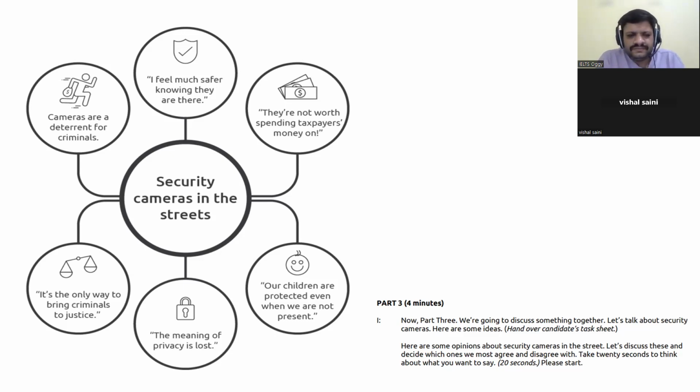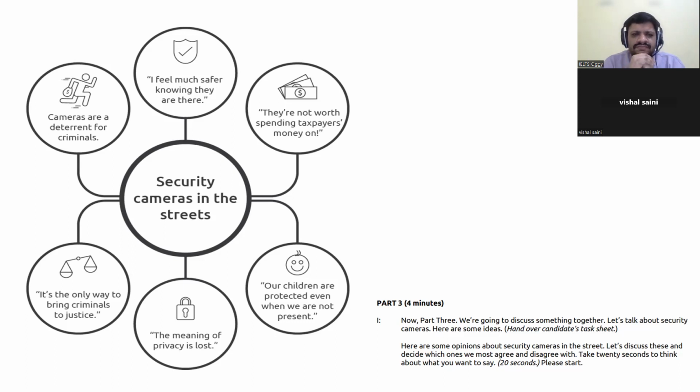And about the meaning of privacy, I don't agree with this point. Actually, privacy doesn't depend on that. Streets are only a part of walking here and there, crossing, or somebody going home, and there is no need of any kind of privacy in the streets. Sometimes it happens a person says, "I'm not doing this," but everybody says you are doing this kind of crime, and the camera is the witness that that person is a thief or not.